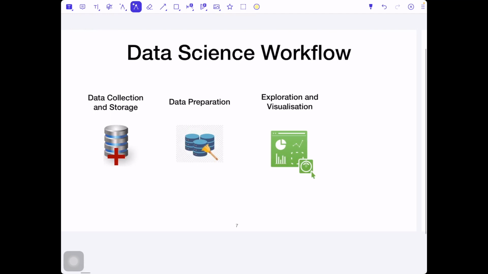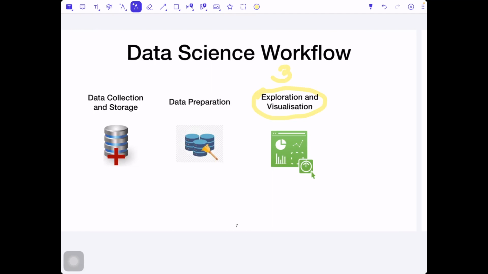After that, we go to the next stage. And this is actually where we will be spending most of our time during our lecture: exploration and visualization. The purpose of exploration and visualization is that we try to understand the present state of our data.